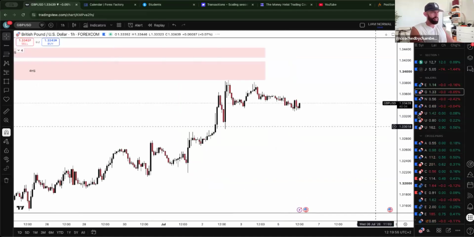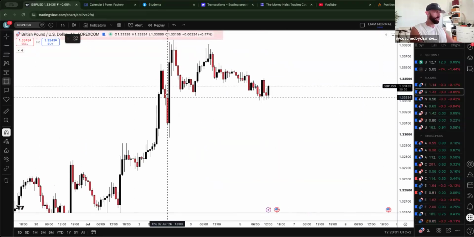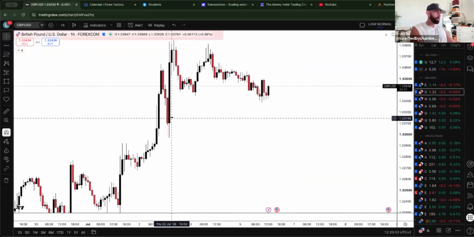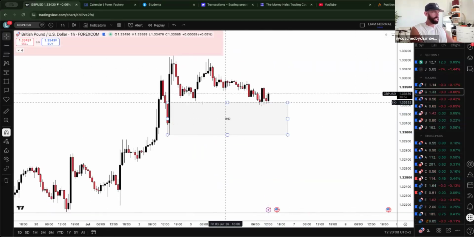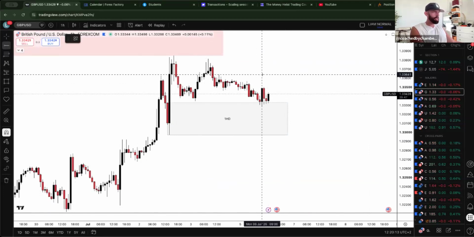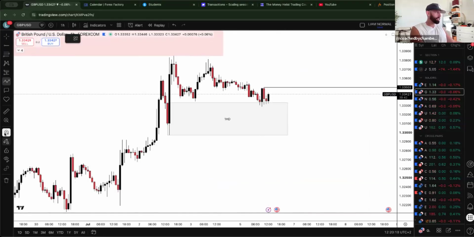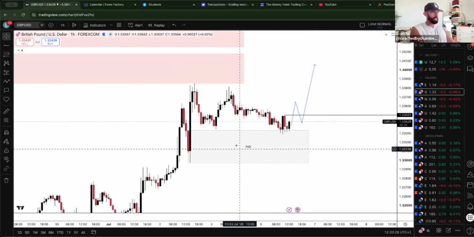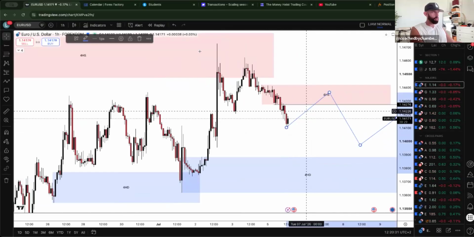If I jump down to the 1 hour, can I see anything different? Well, I can obviously see this 1 hour demand area in which market is currently at, taking out this low here as well. So if market does break above this high and it aligns with the dollar, because as we always talk about, dollar is most important, you could potentially see market carry on from here because of this 1 hour demand.